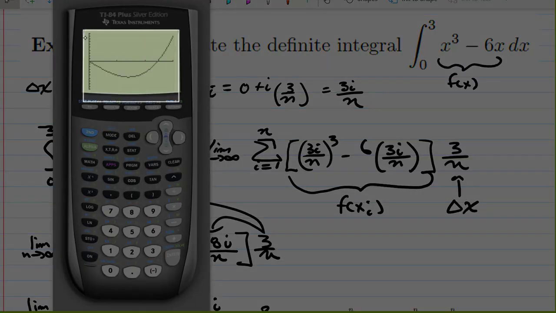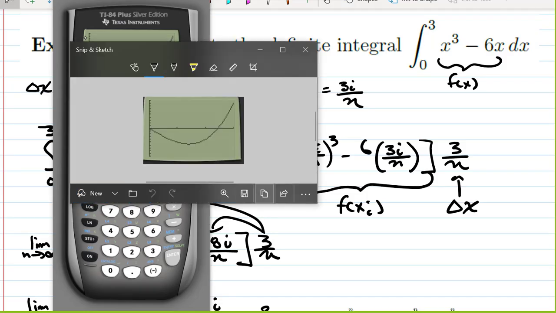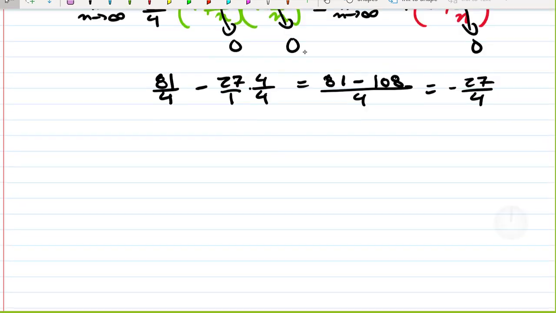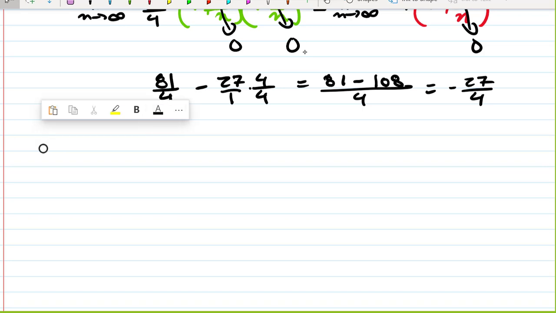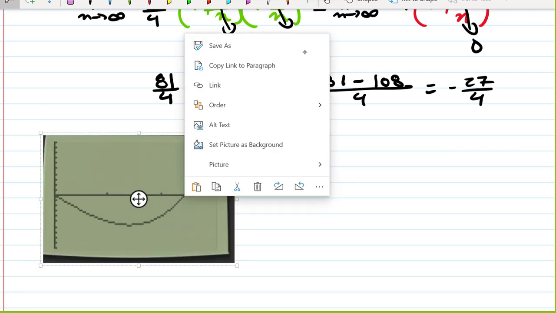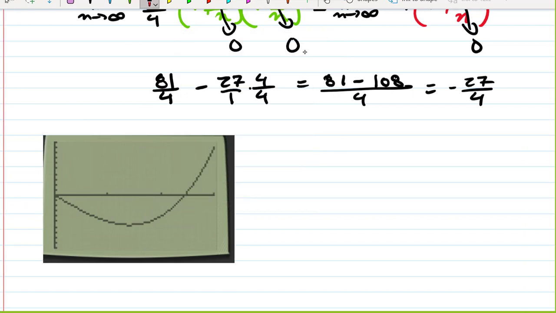So thinking back to the very beginning, when we defined these integrals, we defined area above the x-axis to be positive, and we defined area below the x-axis to be negative. So if we call A1 this area, the area below the x-axis, and we call this area A2, which is the area above the x-axis,